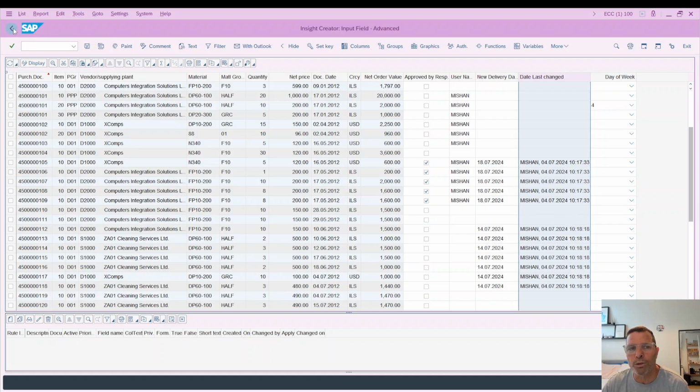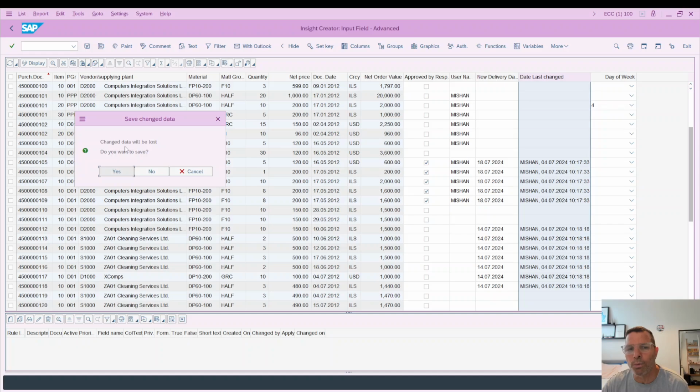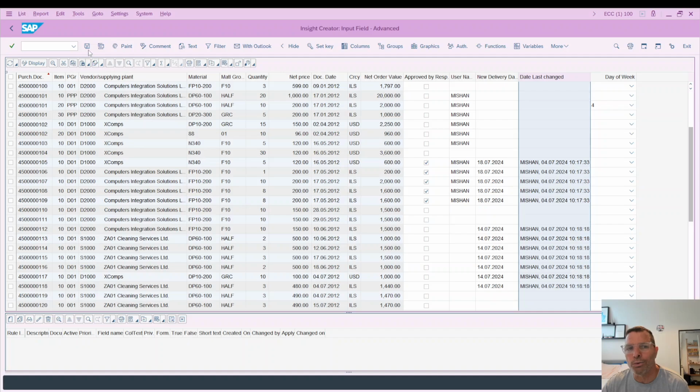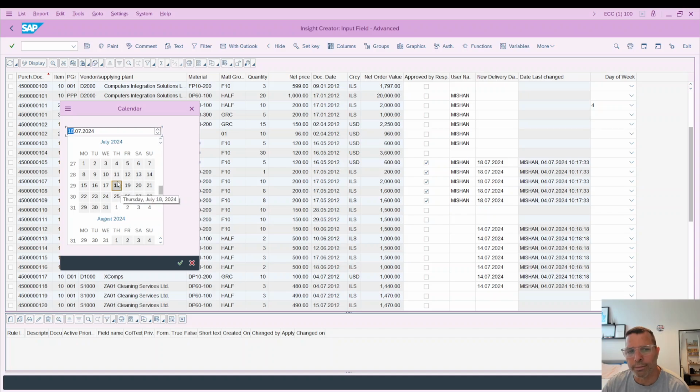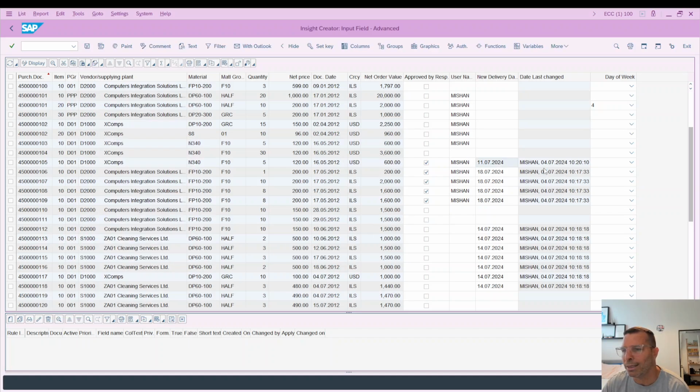By the way, if I will try to get out, the system will warn me that I'm going to lose all my input data. So by saving it, the information is now saved to the database. Okay, and if I will change this date yet again, you'll be able to see that the input info was changed accordingly, but it saves only one record, the last change